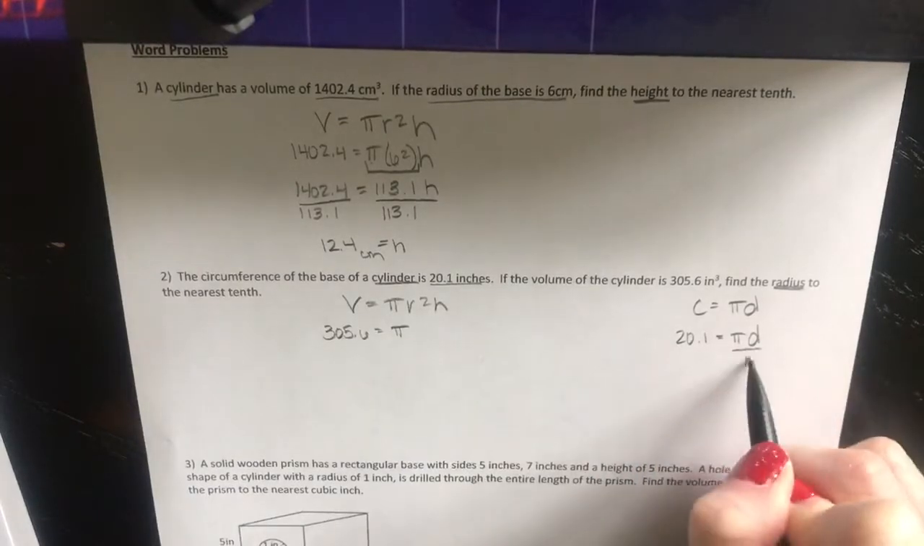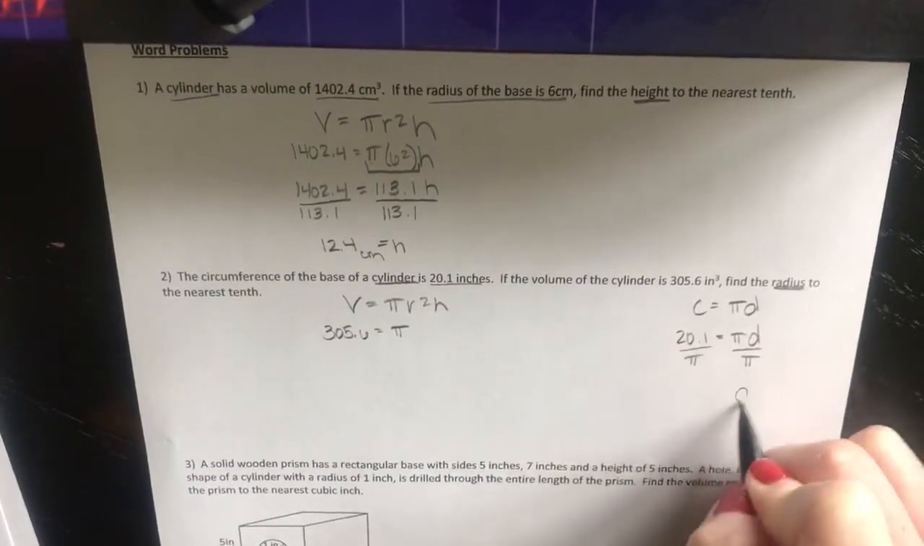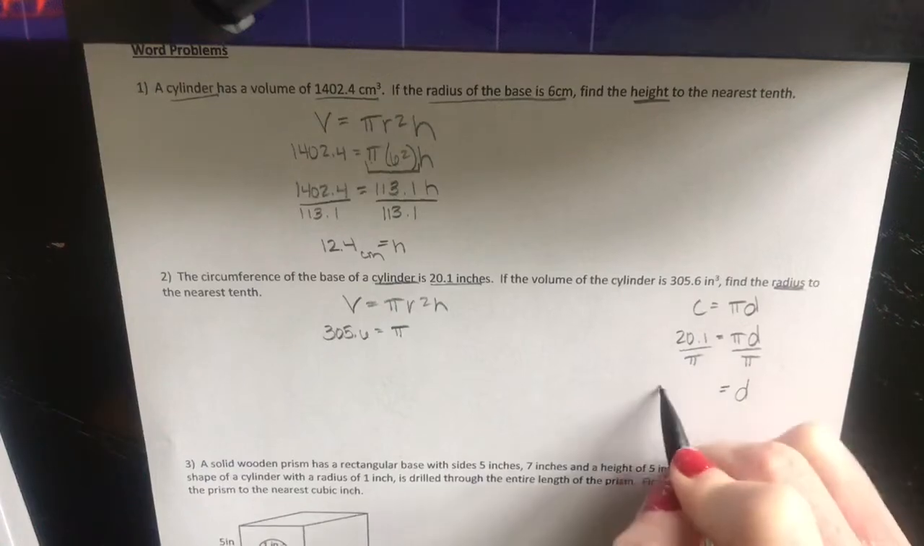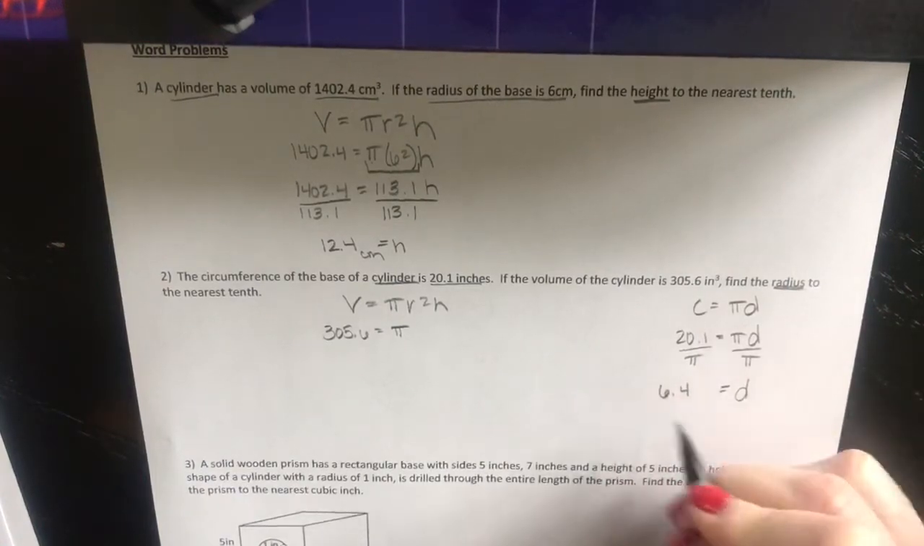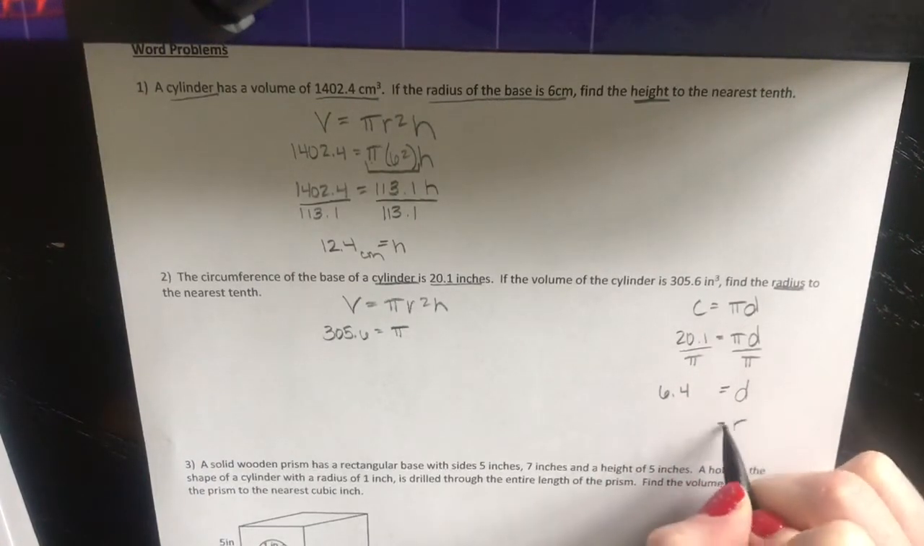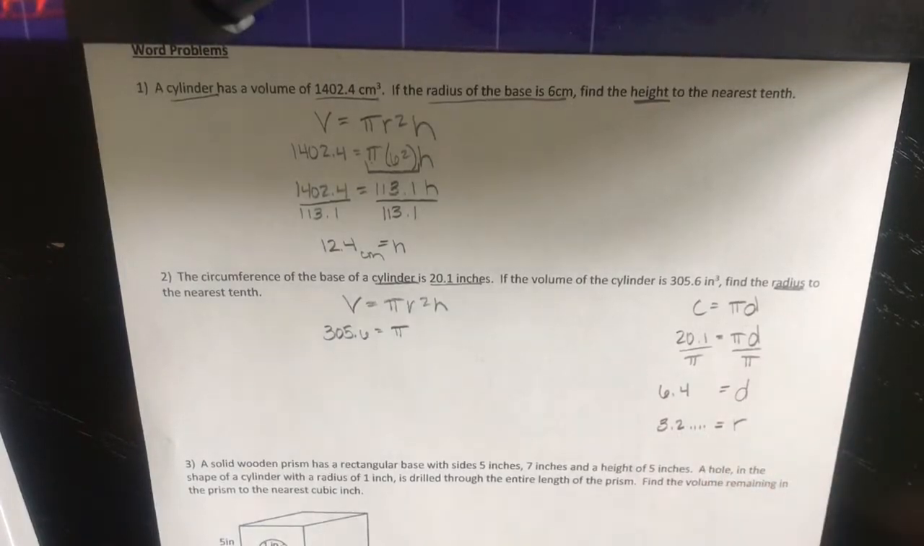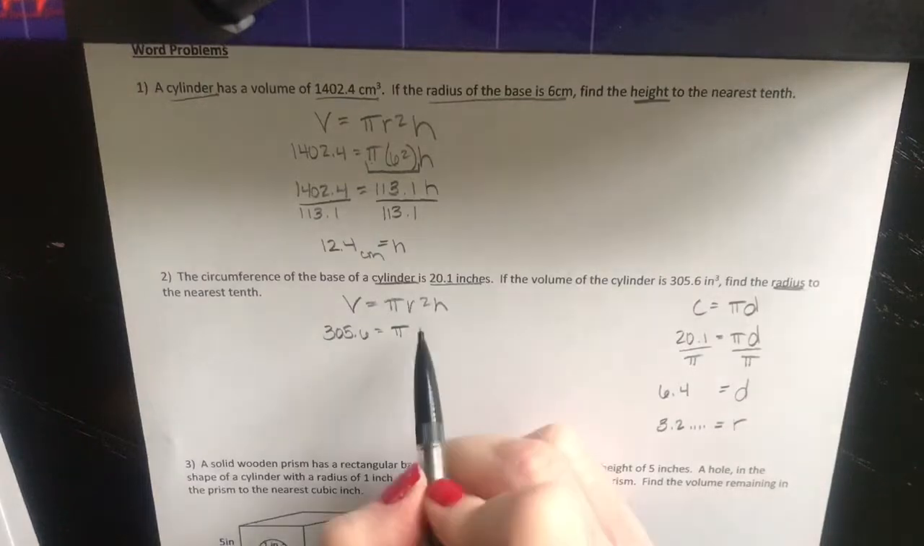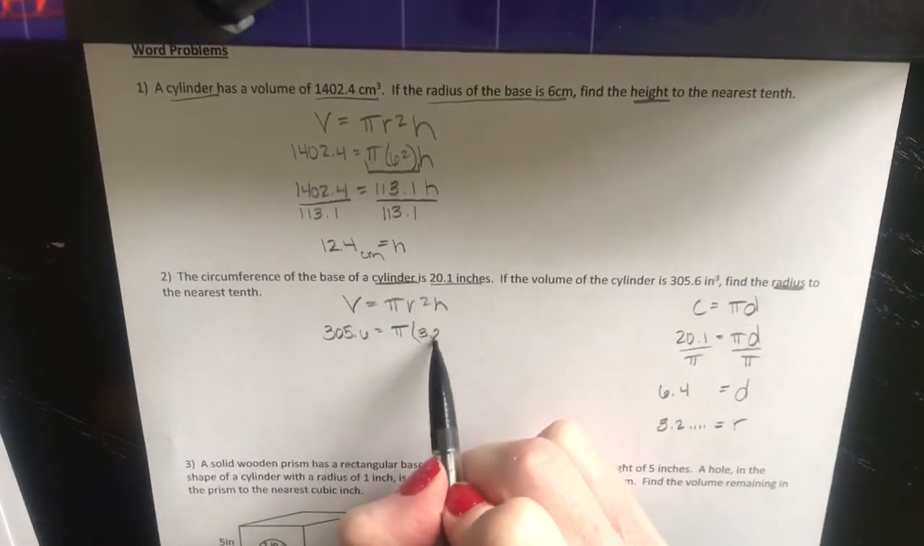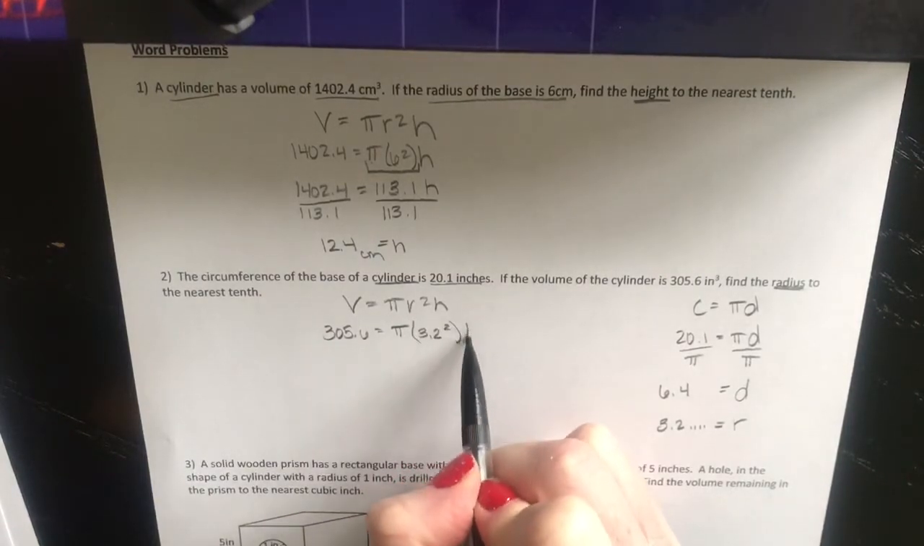So if I divide both sides by pi, I'm going to get a diameter of about 6.4. Again, it's a long number. And I divide that by 2 to get a radius of 3.2, because it's going to go on for a little while. So I come over here, I put in that 3.2 squared, and then I put in